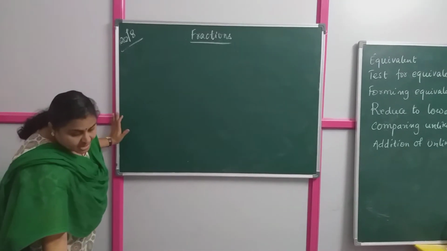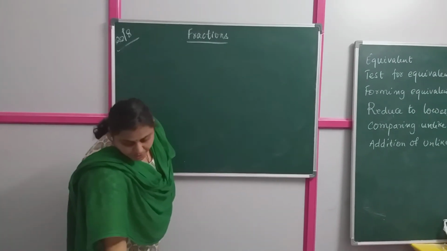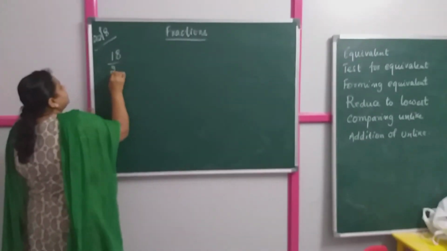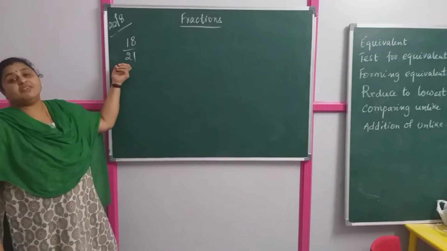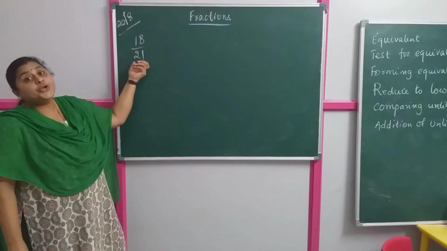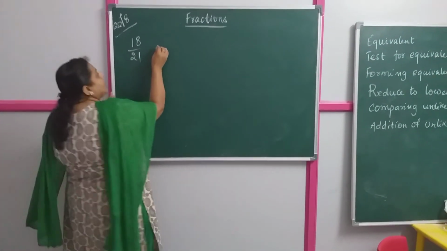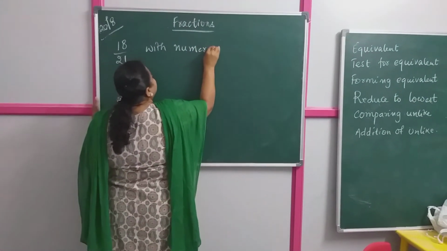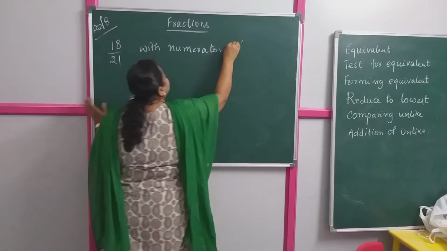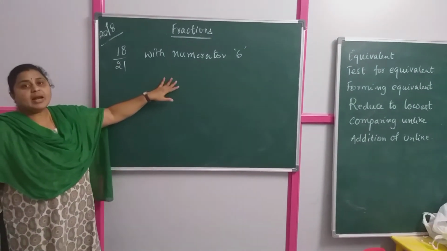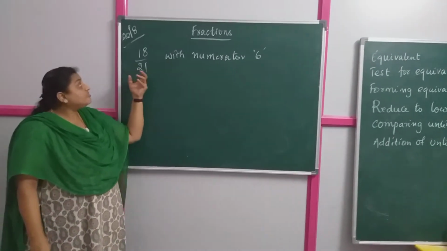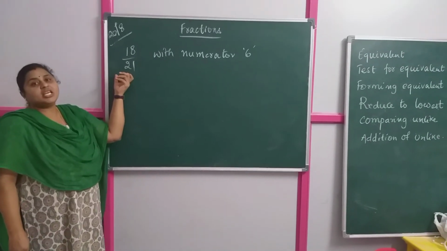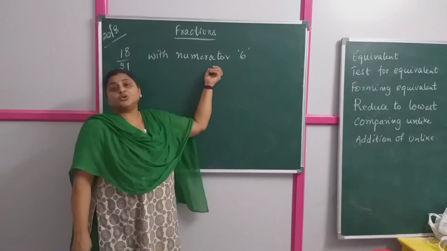Changing a fraction to its lowest term. But before that, children, I will teach you another procedure. Now I have an equivalent fraction, 18 by 21. There is a fraction 18 by 21. I want this numerator to be 6. So you have to form an equivalent fraction with numerator 6. So we have checked in the case of multiplication. By multiplying, we have formed the equivalent fraction. But in such a case, 18 by 21, I have to form an equivalent fraction with numerator to be